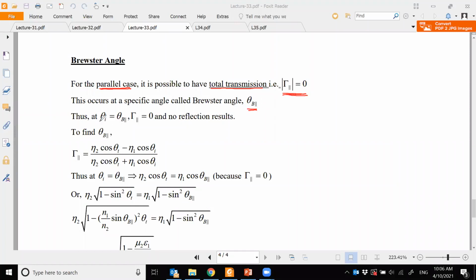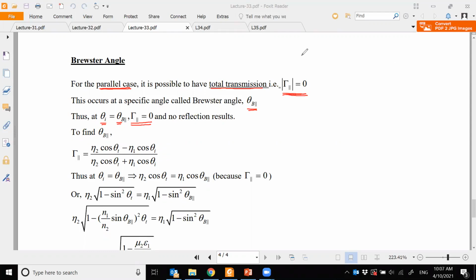We know that when my angle of incidence becomes equal to the Brewster angle, my reflection coefficient must be 0. If you take the reflection coefficient of the parallel case and equate it to 0, and then change the angle of incidence theta I to the Brewster angle,